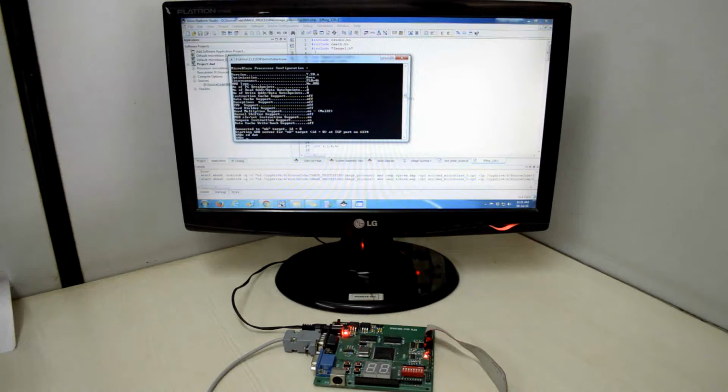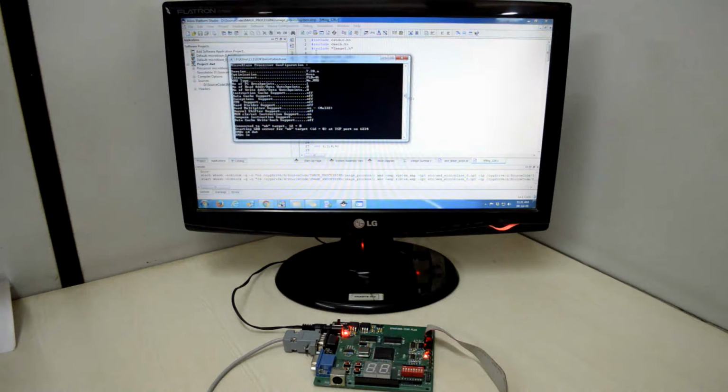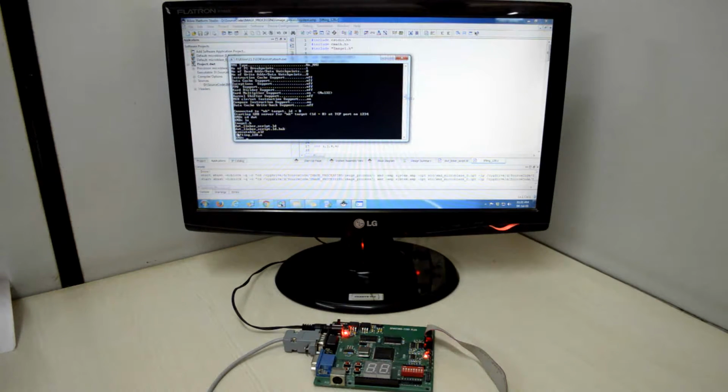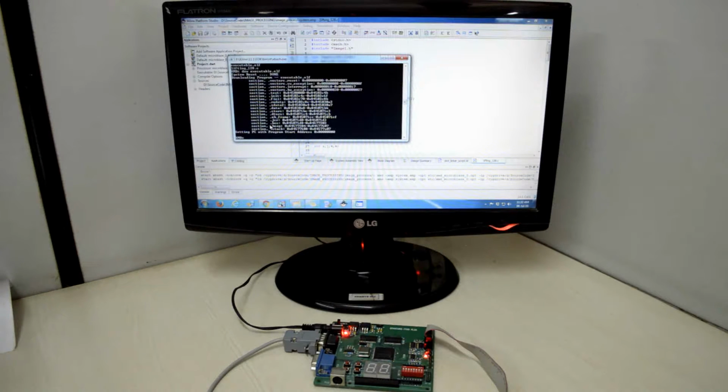Then we can view the list of files using the ls command. We have an executable file present in this folder. Now do dow space executable.elf, enter. Once we do this, that executable linker file will be downloaded onto our FPGA.